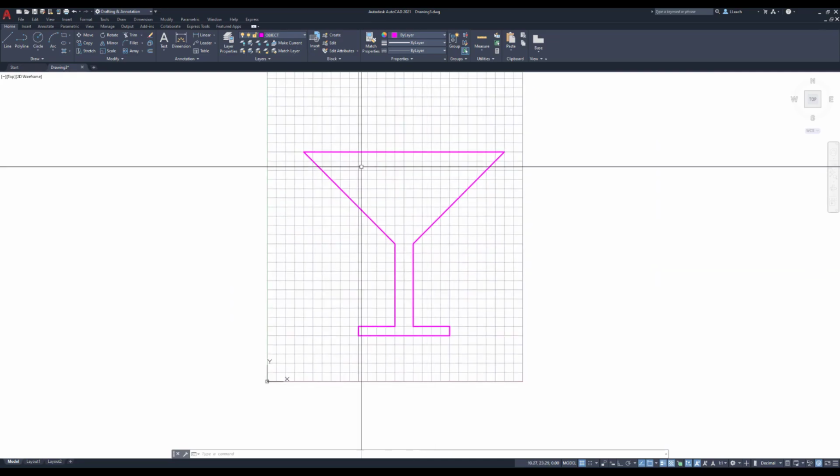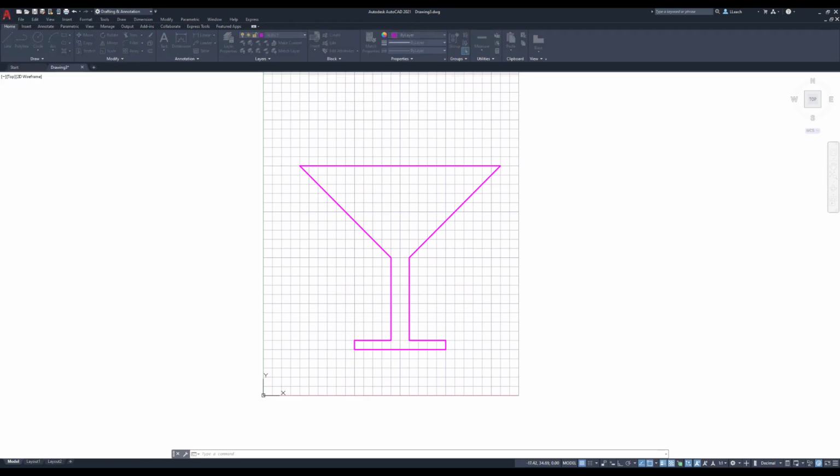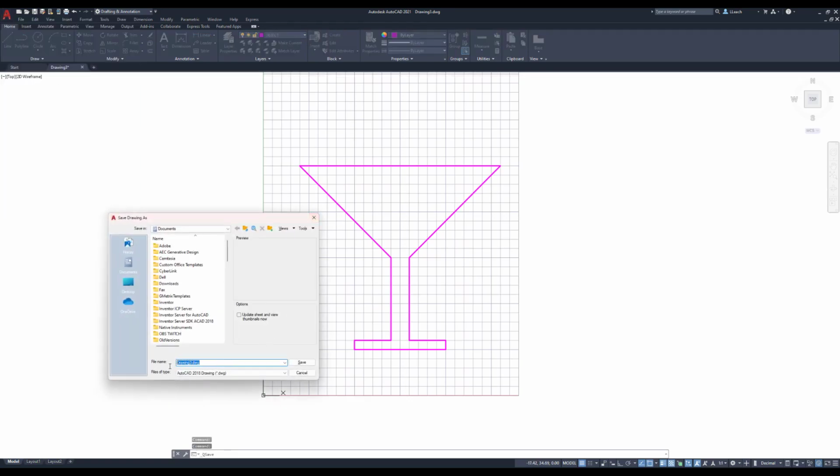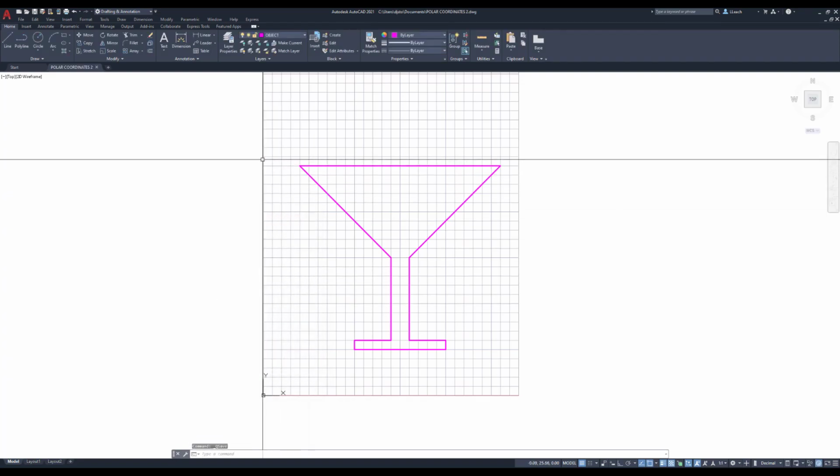Then make sure you save this. We're going to save it as polar coordinates 2. I already have it saved, so it's going to ask if I want to save over it. Yes. And then I recommend that before you turn it in, you save it, close out of this drawing,